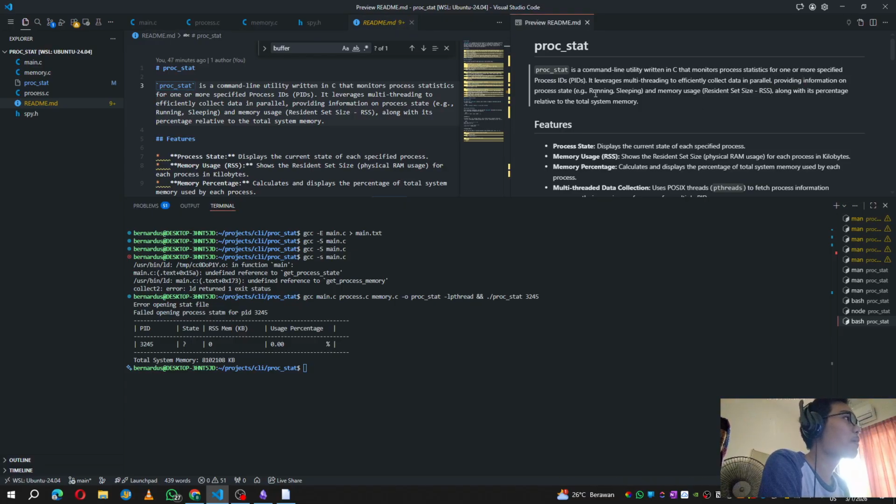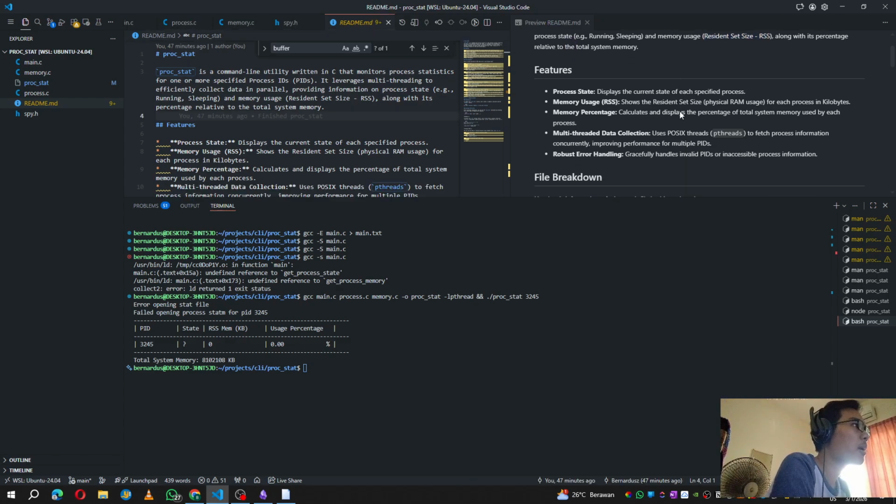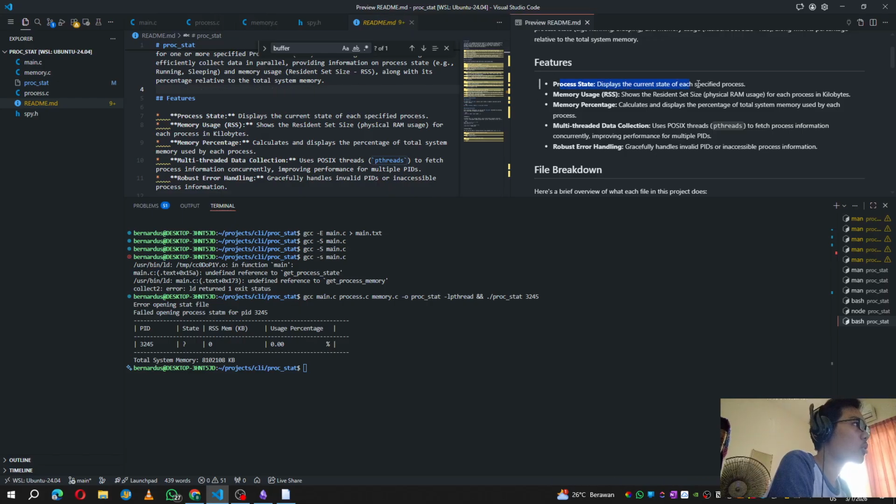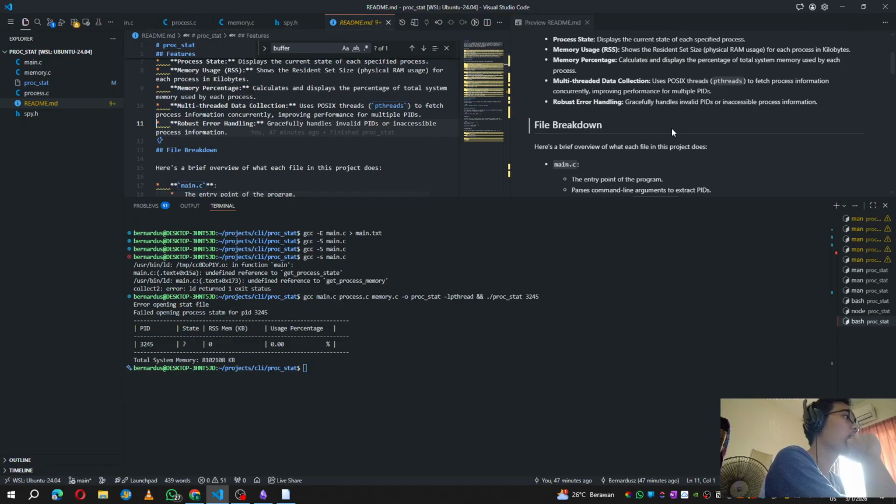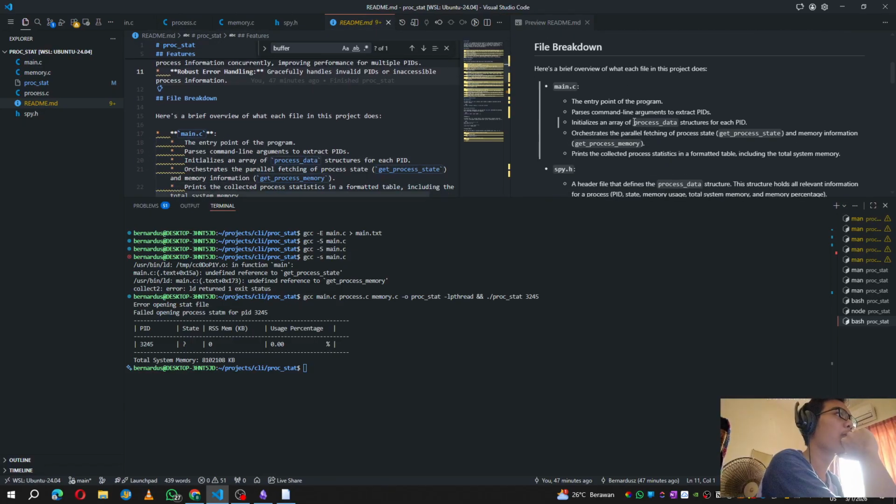Okay, providing information on process state, either running or sleeping, and memory usage, resident set size. It's basically just showing how much memory this process uses, along with its percentage relative to total system memory. The features: it shows process state, as the name suggests; memory usage, physical RAM usage for each process in kilobytes; then we have memory percentage; multi-threaded data collection, which uses POSIX threads or pthreads. Oh, okay. Robust error handling. I don't know if it is truly robust, but that's